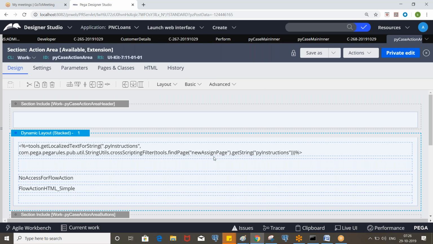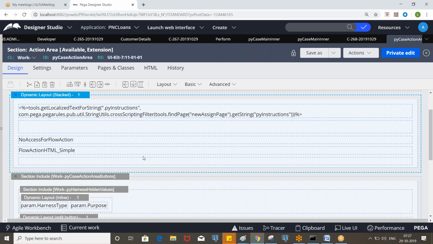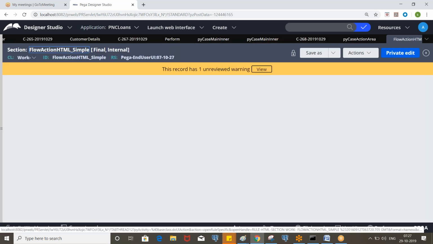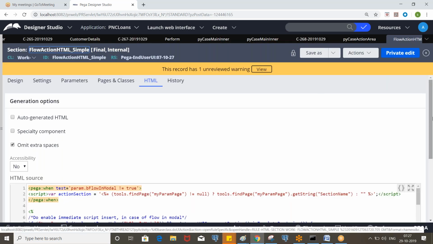So py case action area is the one which helps in loading the flow action. Ultimately we say that perform harness is responsible for loading, but inside the perform harness we have py case action area. Inside the py case action area, we have flow action HTML simple. This is the section which actually loads the flow action. Okay. So flow action HTML underscore simple is the main rule you need to remember.